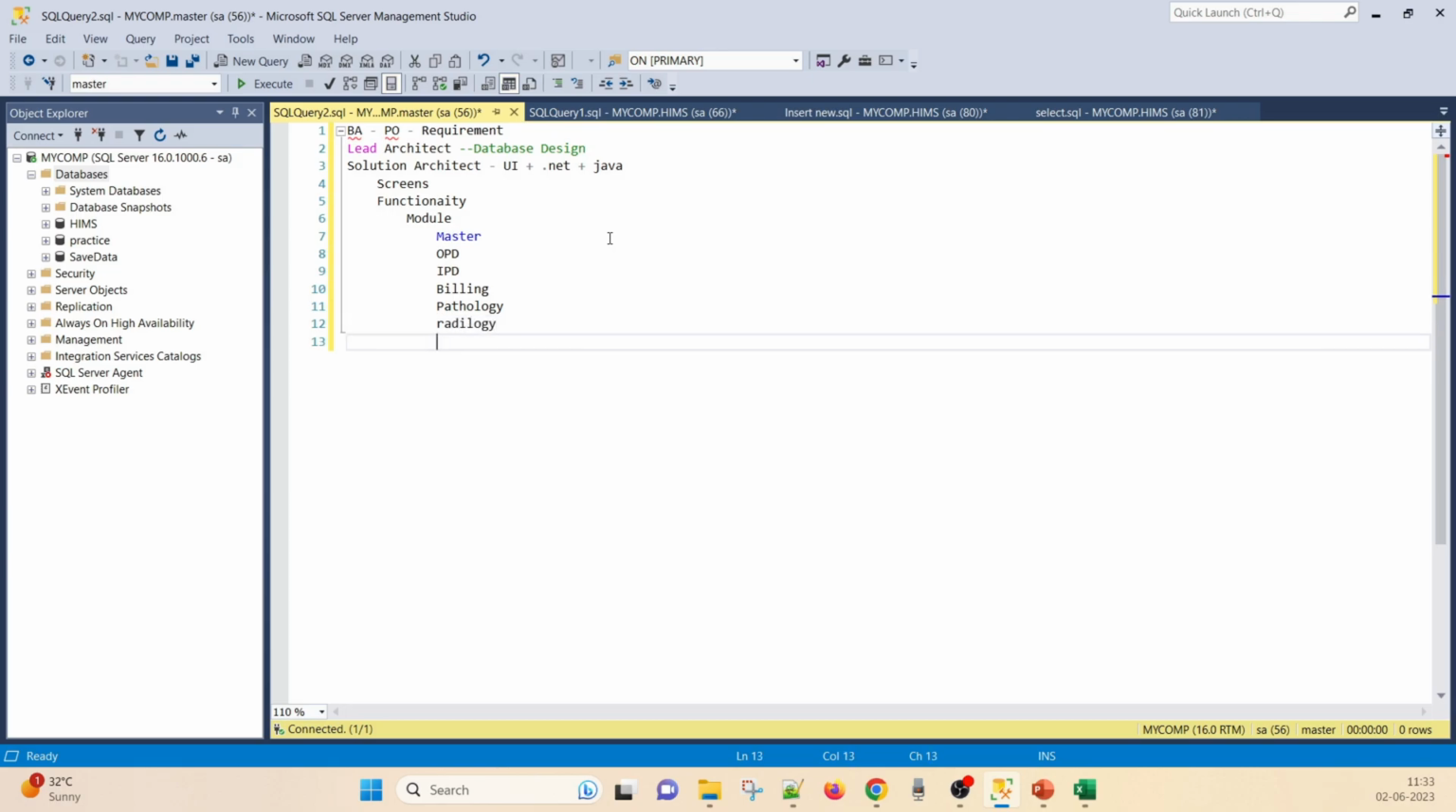then blood bank, correct. Then payroll, then administration, I can say admin. So these are some different modules. They are identifying the requirement. Then there is database designing. Then what screens we have to do. First of all we have to do all the complete things, and then finally